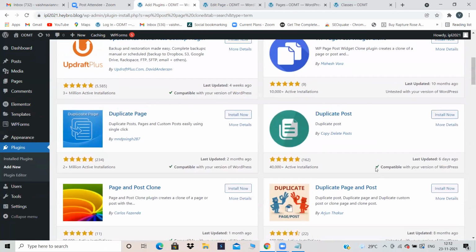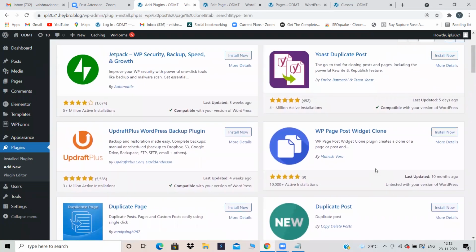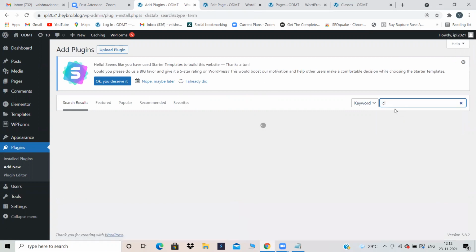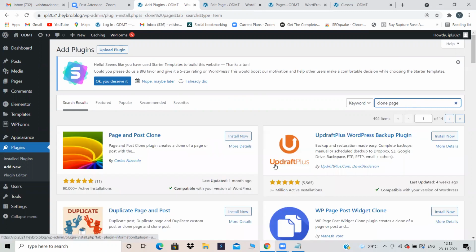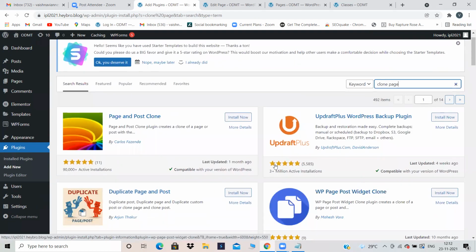Then I'm unable to find the one which I use generally, but yeah, let's select this one.